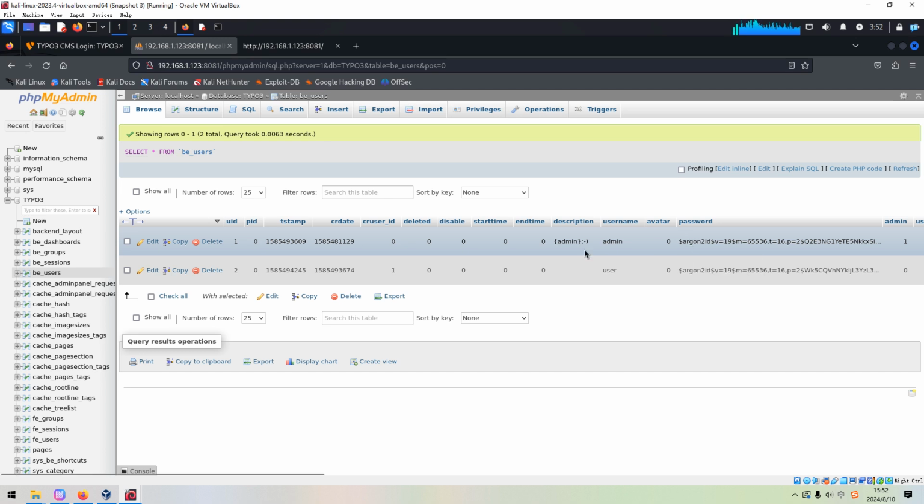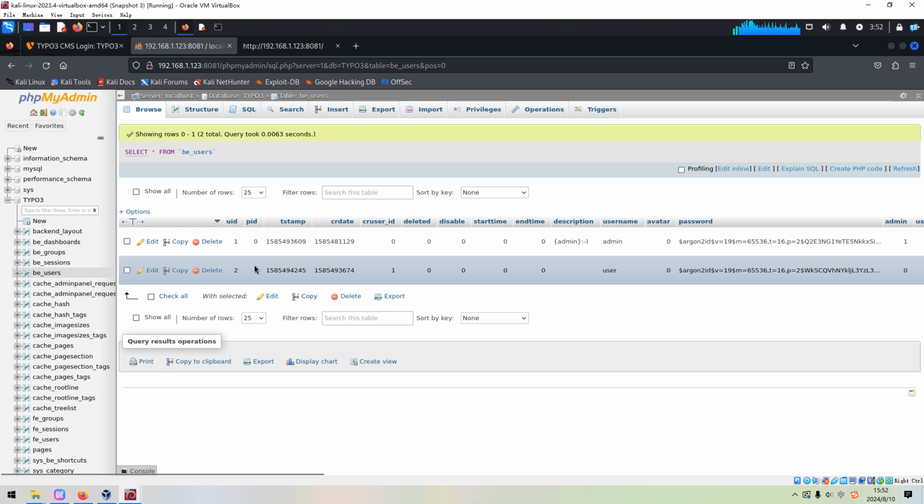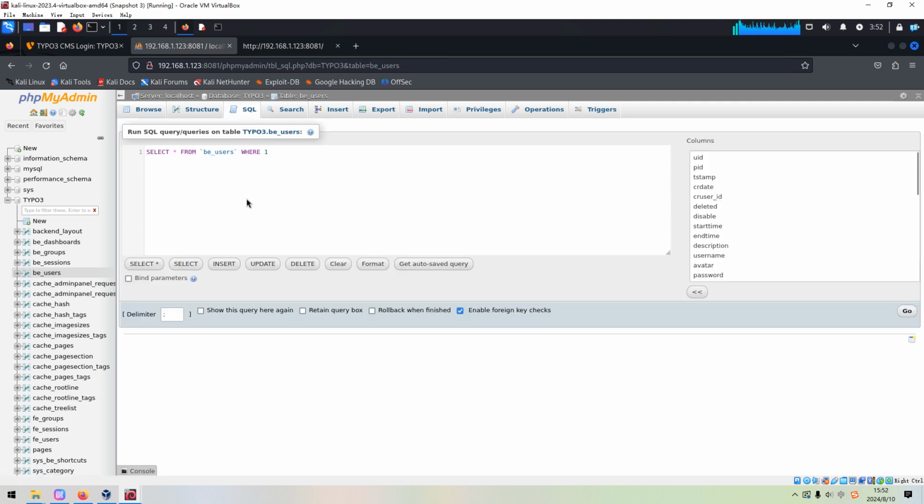Oh, maybe we can try this one. Because we have root access to the phpMyAdmin, we can go to the SQL tab and see whether we can write a web shell to the file. We can use SELECT, double quotes, question mark, PHP system, GET, and the parameter name is cmd.